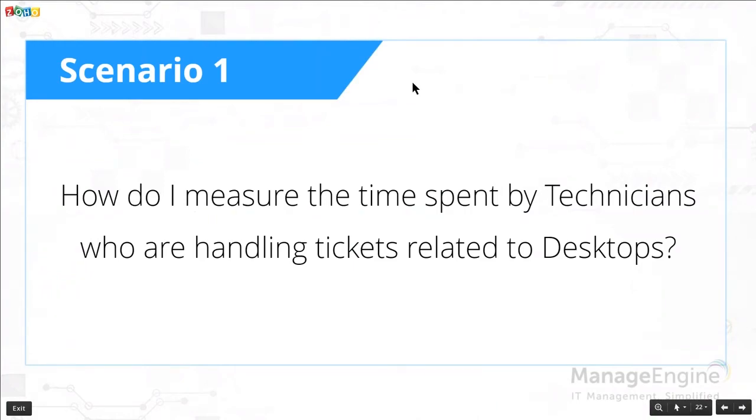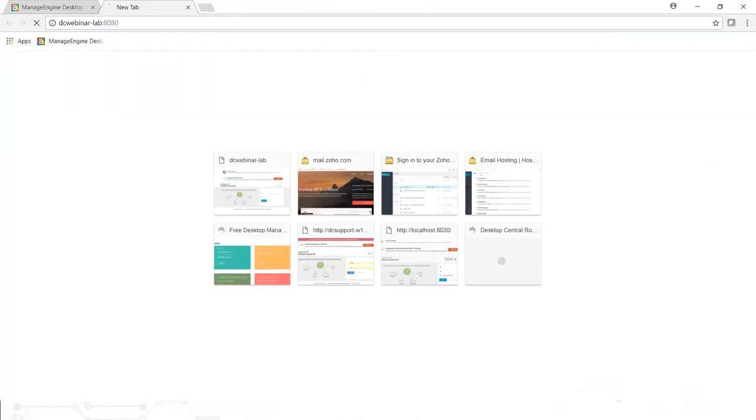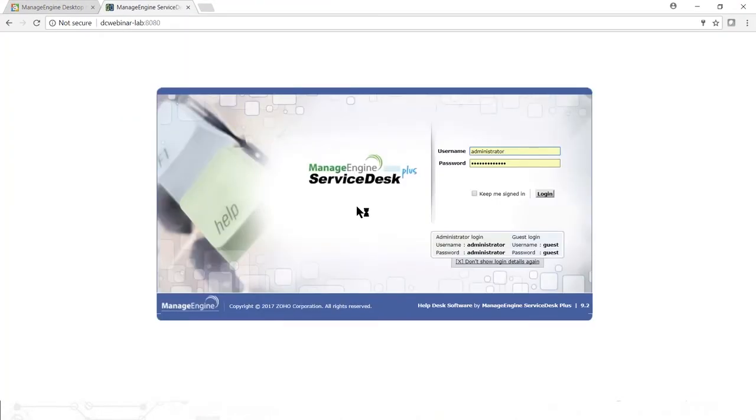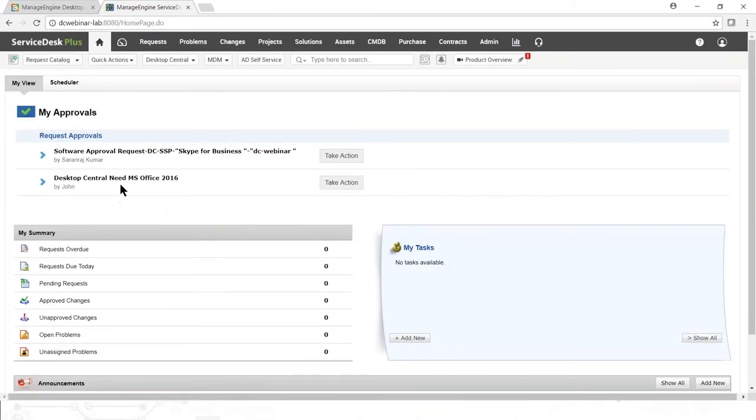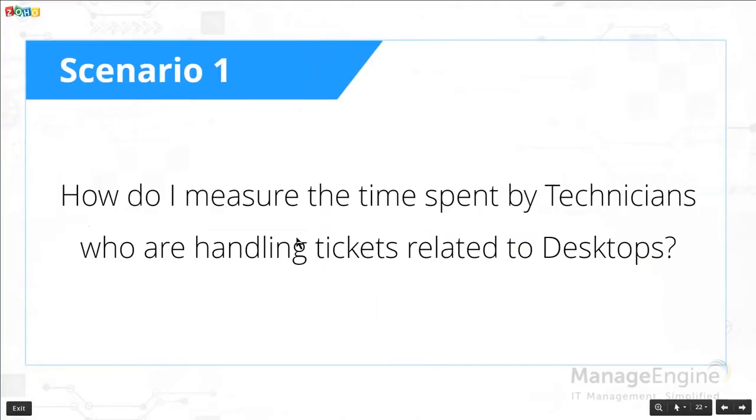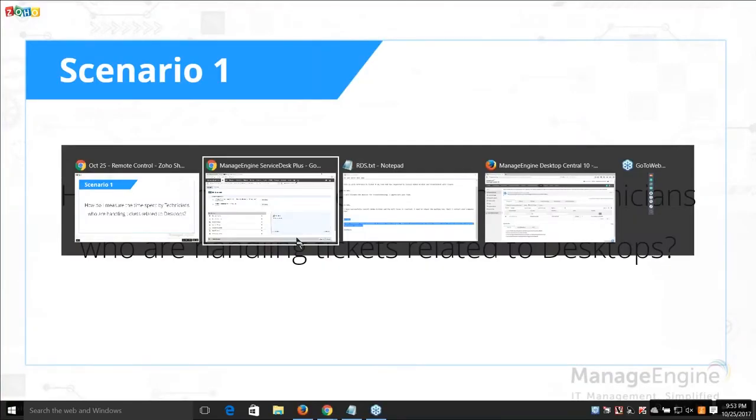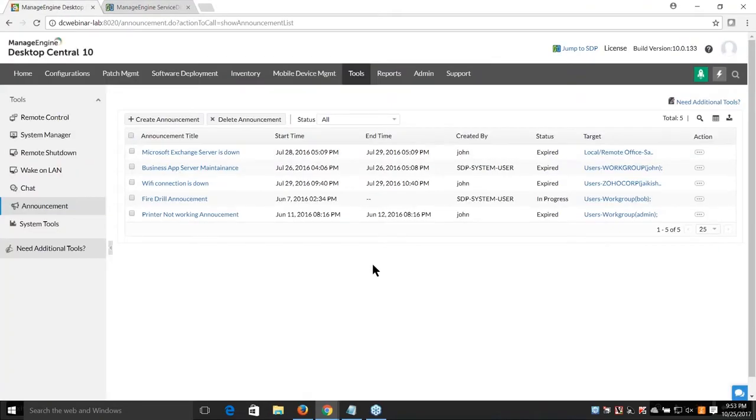So we'll take scenario number 1. How do I measure the time spent by a technician who is handling tickets related to desktops? So this question is, I think, where let's assume that you're having our Service Desk Plus or Helpdesk ticketing tool along with Desktop Central. So first and foremost thing, whenever you take a remote control or initiate a remote control functionality, if you notice